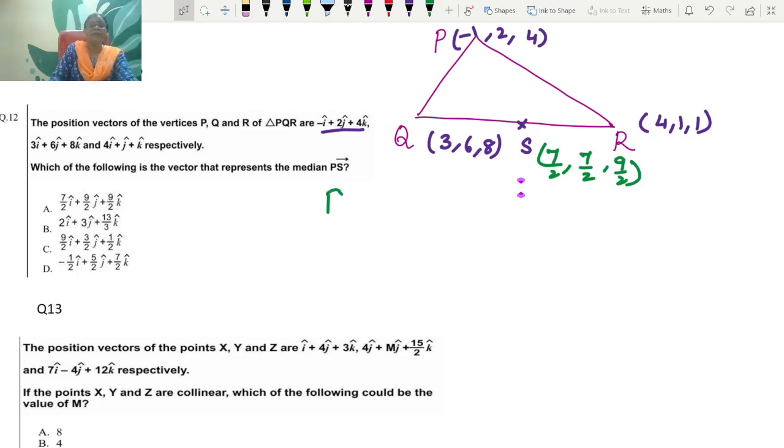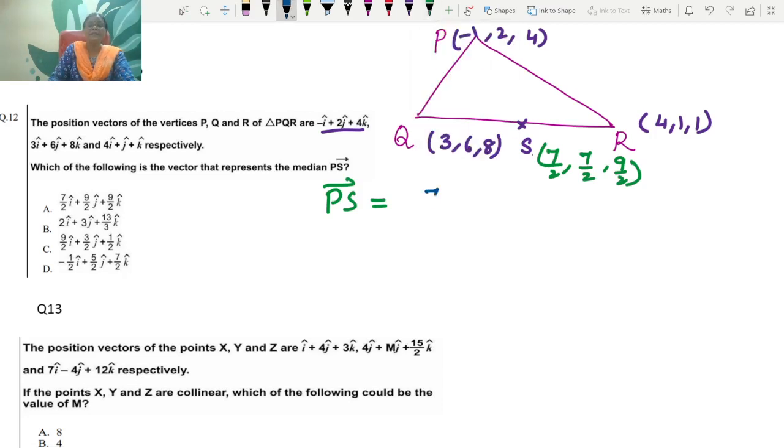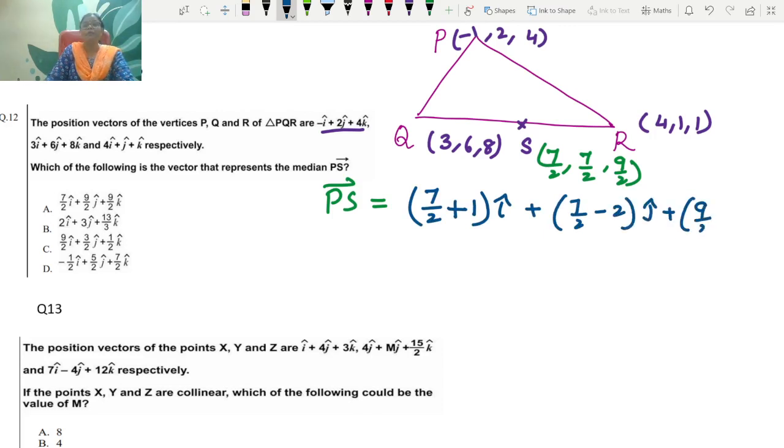How do we write the vector? How is the vector represented? The component of X minus the component of P. So what we have? We have to write the vector. It is 7 upon 2 minus, plus times I. Likewise, 7 upon 2 minus 2 times J, plus 9 upon 2 minus 4 times K. Fine. So what is it that you'll get from here? 9 upon 2 i